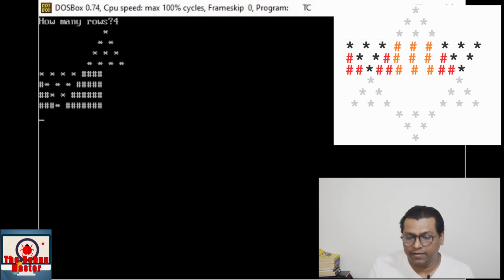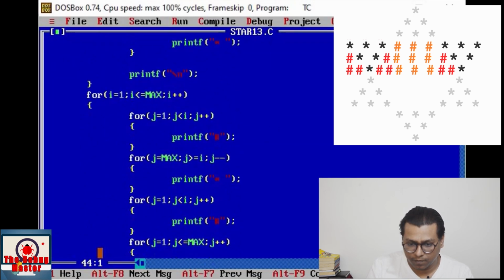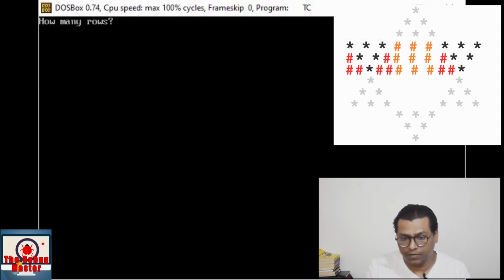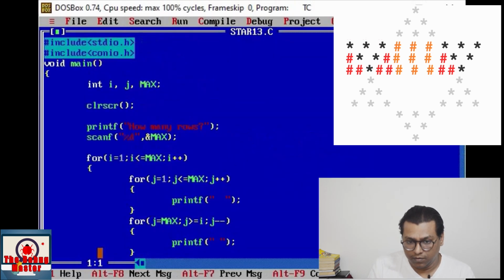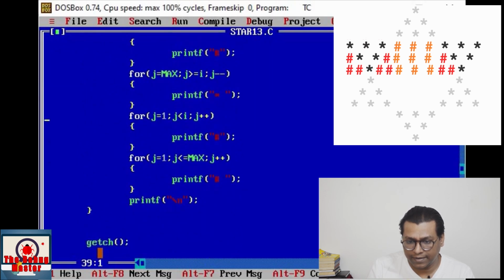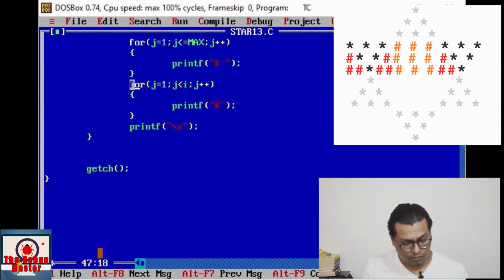Okay, and here again we shall add some space over here while printing this hash. So the next part is ready, and again the next part is same like this pattern in the right part of this square pattern, save it and run it.